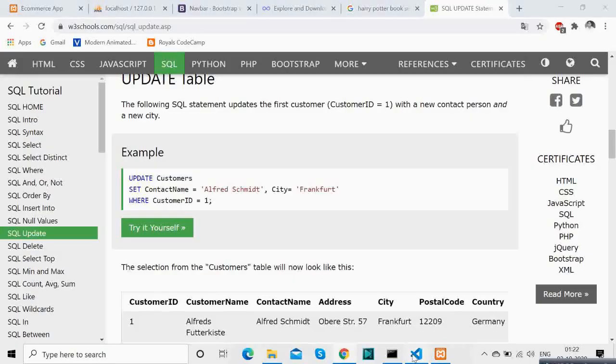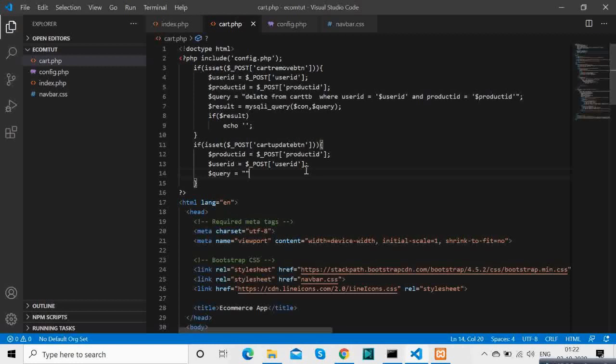So now what's again important is the query. So we will be writing the update query this time. So update cart table, set the value of quantity.